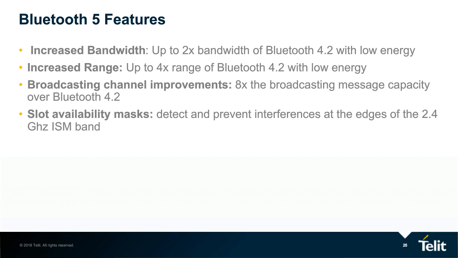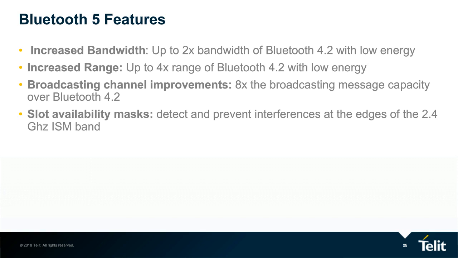Then there are additional broadcasting channel improvements, which is mainly for beacons. Beacons today are not just stupid Bluetooth beacons. Most of them come with sensors, so they have more data they want to broadcast. And this actually enables them to also use channels which are not advertising channels, so these don't get blocked if you have more data you want to broadcast. And then there's also the slot availability mask, improving the coexistence of technologies in the 2.4 gigahertz band, which a lot